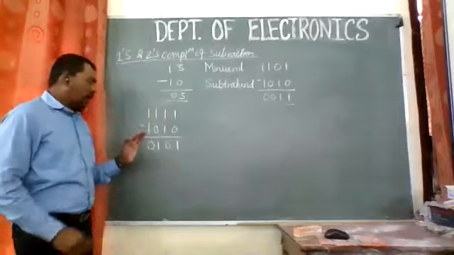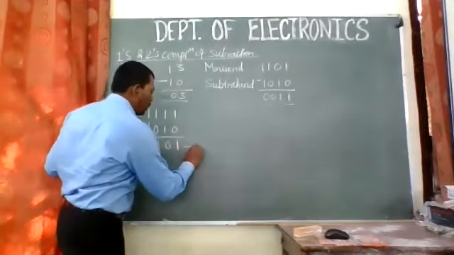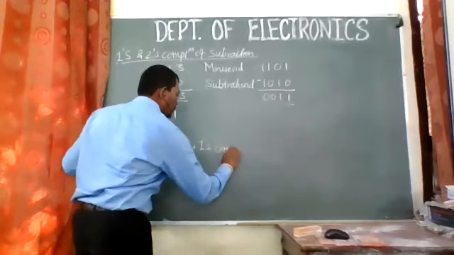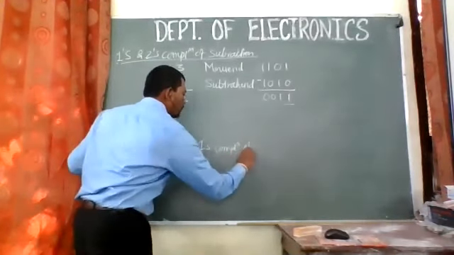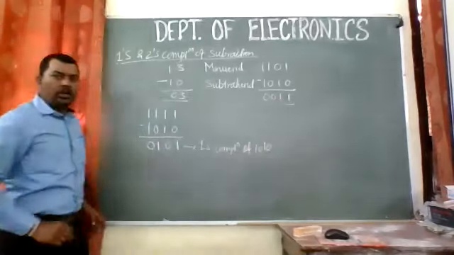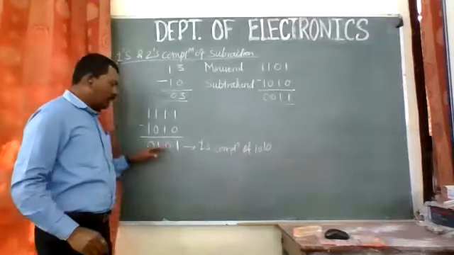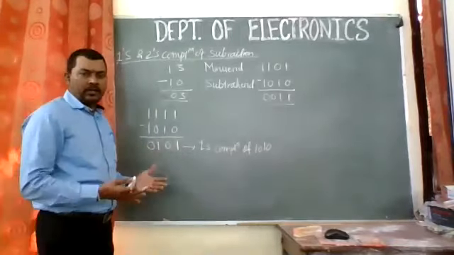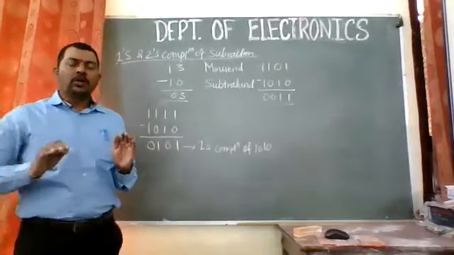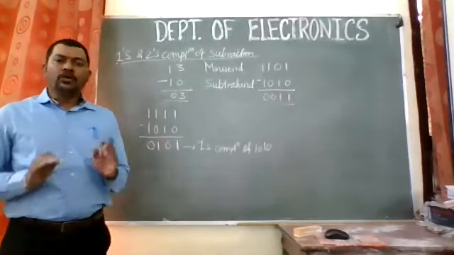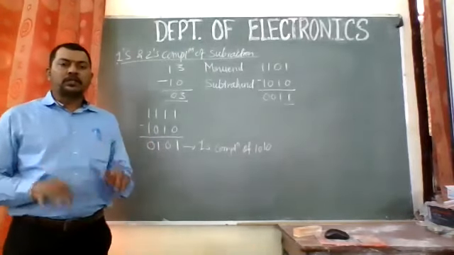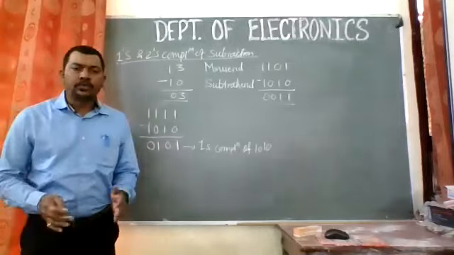So that is the conversion, and this is what we are going to call the ones complement of the number 1010. We are calling this 0101. We have just reversed it and done nothing else. If you just reverse it, where there is 1 write 0 and where there is 0 write 1, you will get this ones complement. What I am trying to tell you is just replace 1 by 0 and 0 by 1.